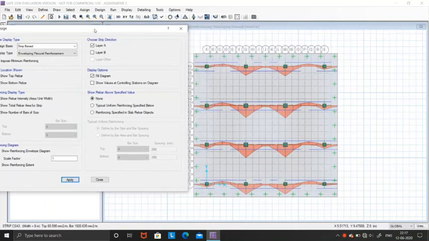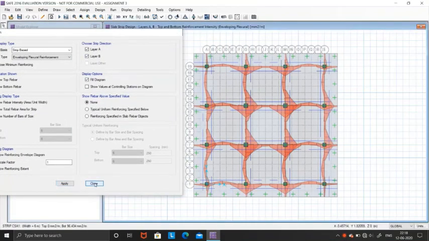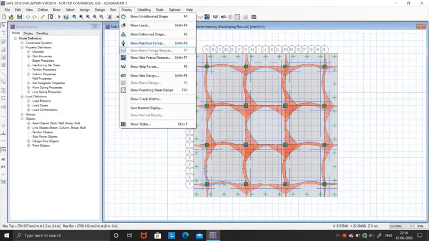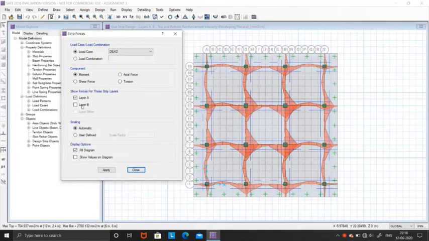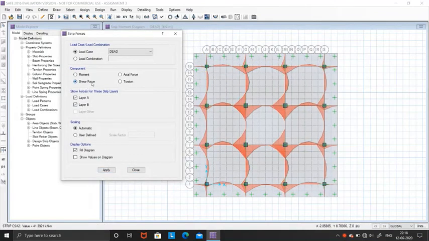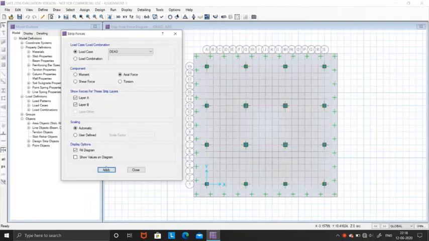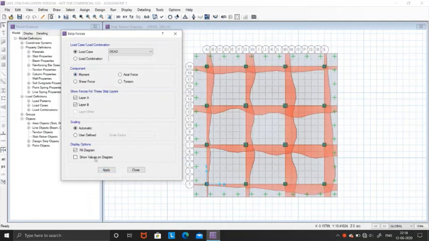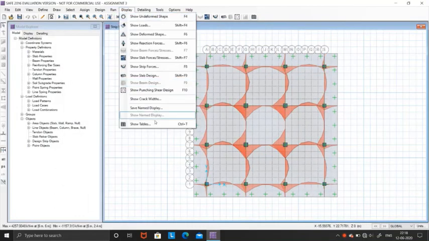This is the layer A and this is for layer B. Okay, or you can see the show strip forces, and you can see moment, shear force, axial force, torsion, etc. So this is the moment for both the layers A and B, and this shear force and this axial force, and this is torsion. Okay, you can check everything here for the different values.